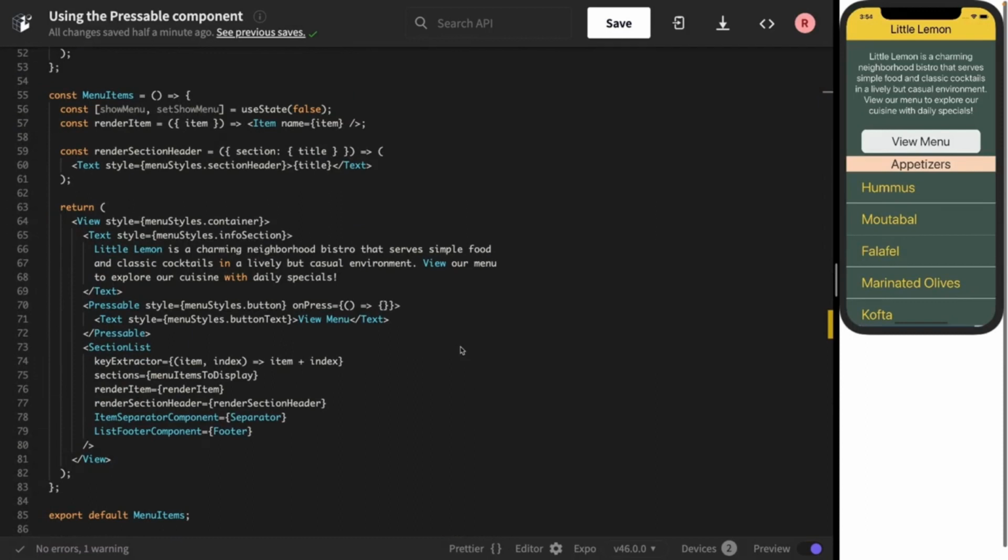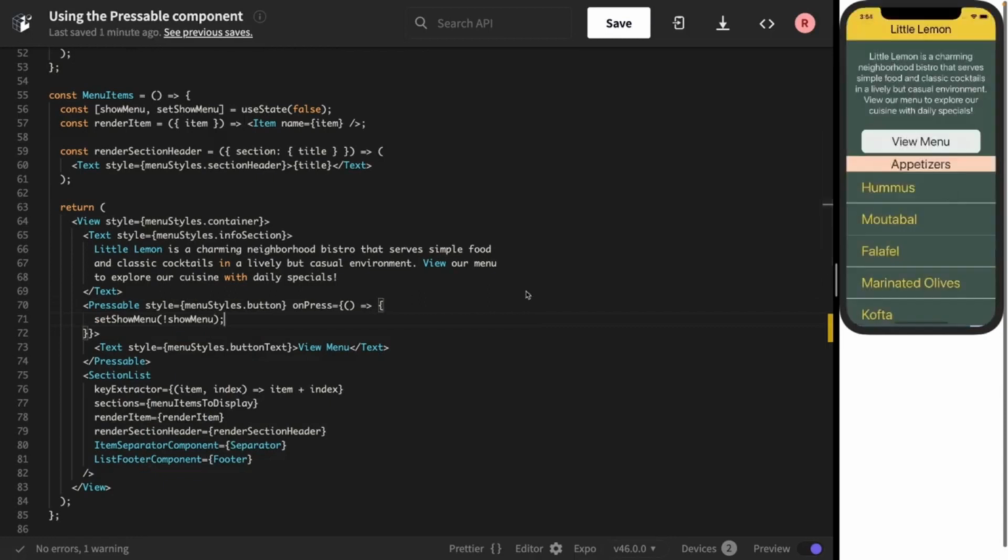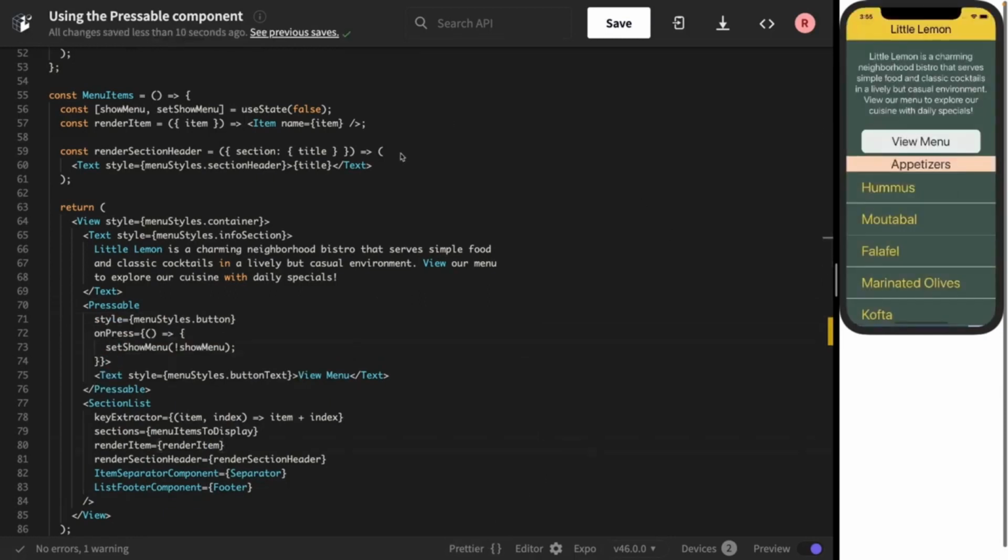To make this possible, I need to add the callback within the onPress method. In the method, I call setShowMenu and send the Boolean value from showMenu and toggle it. So if it's true, then it becomes false, and if it's false, it becomes true. So now I have a Pressable component with an onPress method that toggles the local state and some text that